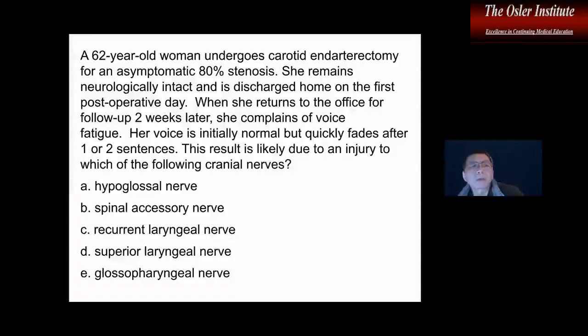Alrighty, next question. A 62-year-old female undergoing carotid endarterectomy surgery for asymptomatic